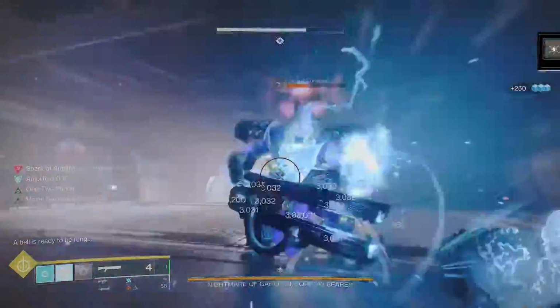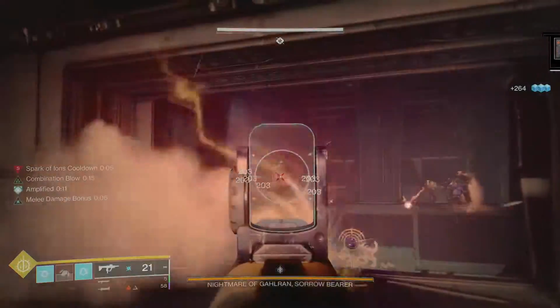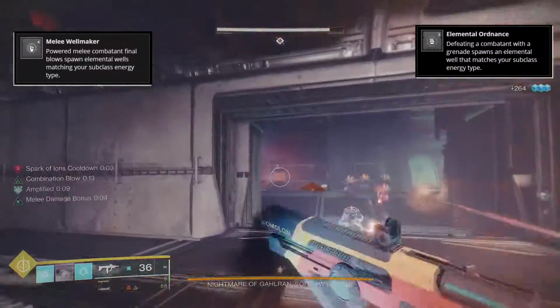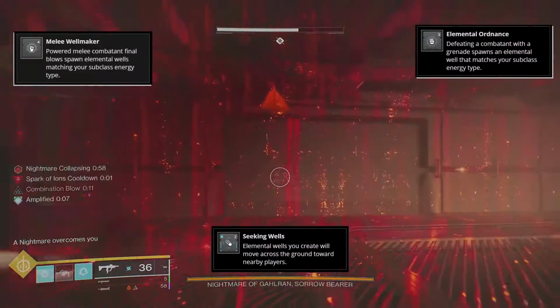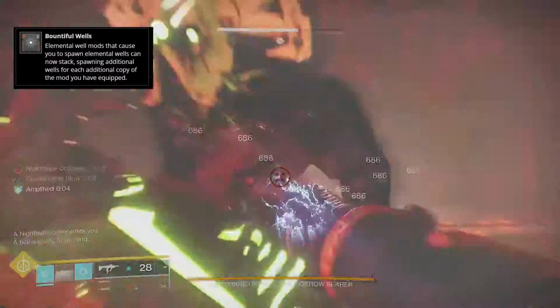or Heal Thyself, Ashes to Assets for more super energy, which goes pretty well, as Healthy Finisher uses super energy, Melee Wellmaker, and Elemental Ordnance for Arc Wells, as well as Seeking Wells because I'm lazy. That's pretty much it. And lastly, I have Bountiful Wells on for more ability energy, but as I said, when